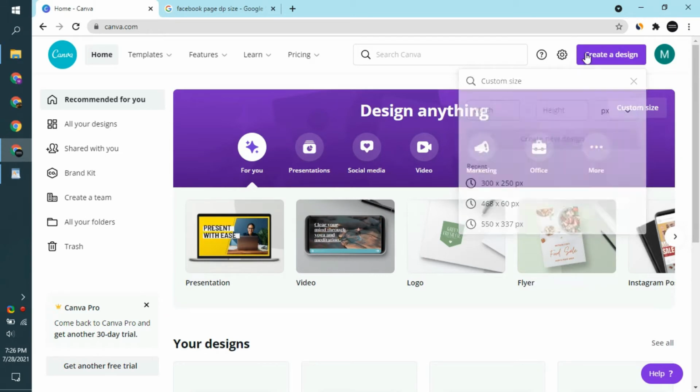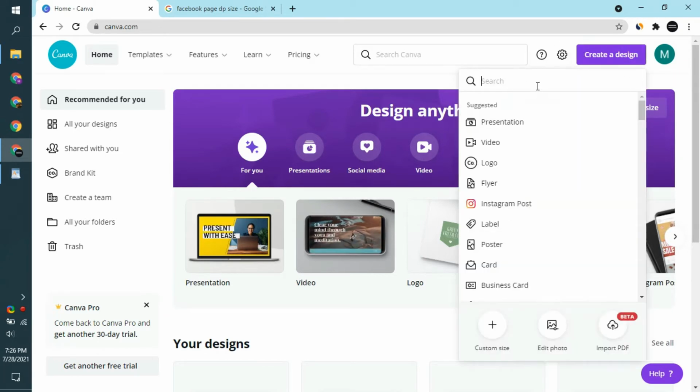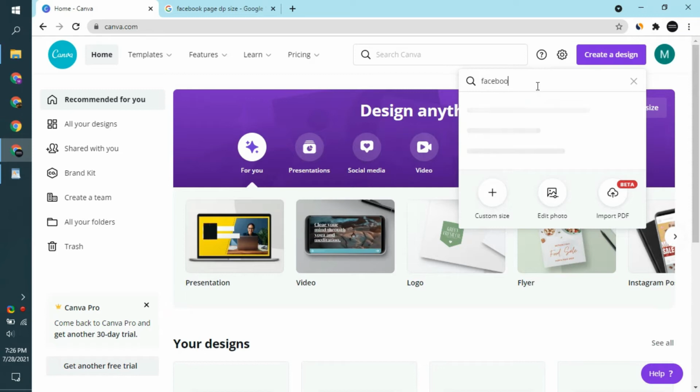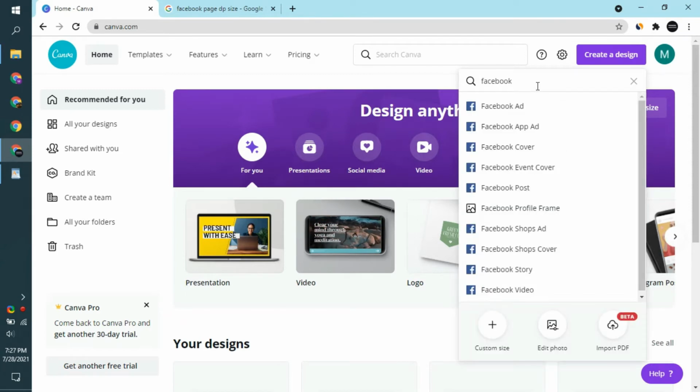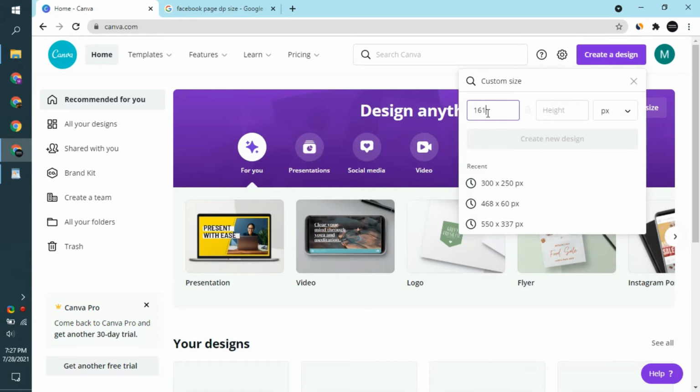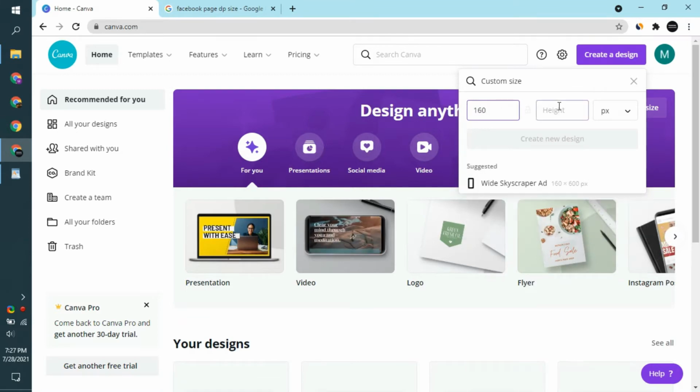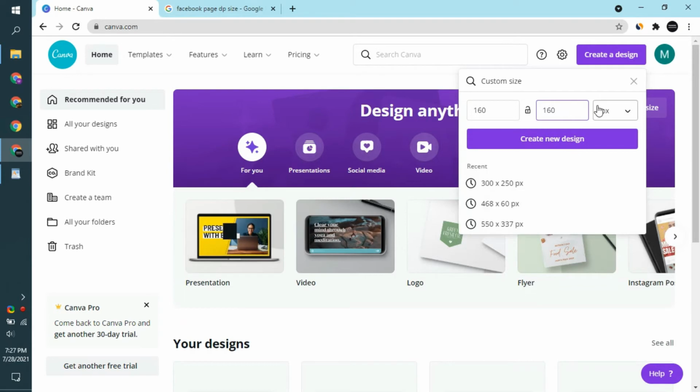canva.com. You can come up with this custom size as well, but first of all I will look for what is the Facebook page. Okay, not available. So friend, what will you do? You will come create a design, custom size 160 cross 160 pixels. Make sure that this is in pixels, not in inches, centimeter or millimeter, and I will click on create a